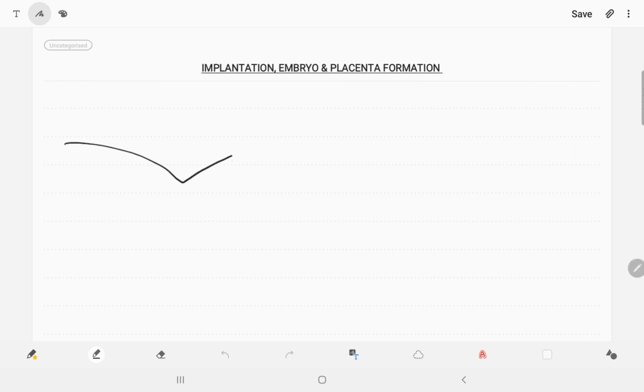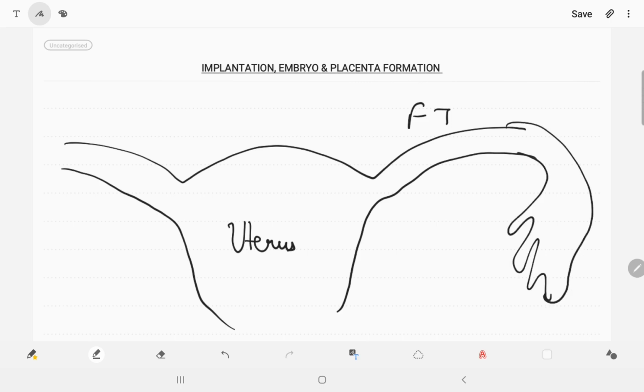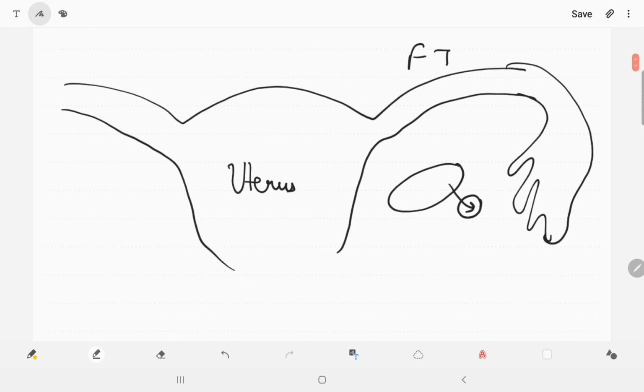Now, what I am drawing right now is the fallopian tube with the uterus. Say this is the uterus, this is the fallopian tube. Now, as we all know, the fallopian tube will take up the egg which is released from the ovary. This process of release of the egg from the ovary is known as ovulation, right? So yes, this egg will be taken up by the fallopian tube, and at the ampulla of the fallopian tube,